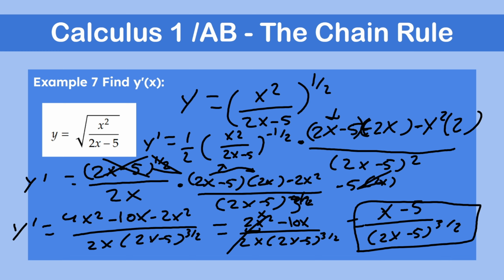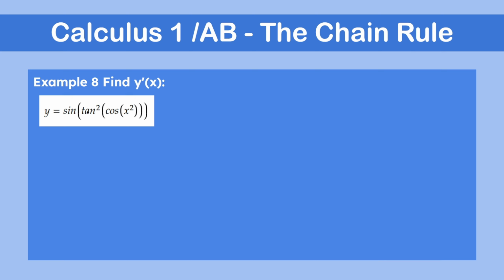So we're going to find the derivative of sine of tangent squared of cosine x squared. So let's start off with the derivative of sine, which is cosine. Keep the inside the same. But over here, instead of tan squared x, I'm going to put tangent cosine x squared over here. So basically, tangent is still being squared, but I just put it out here